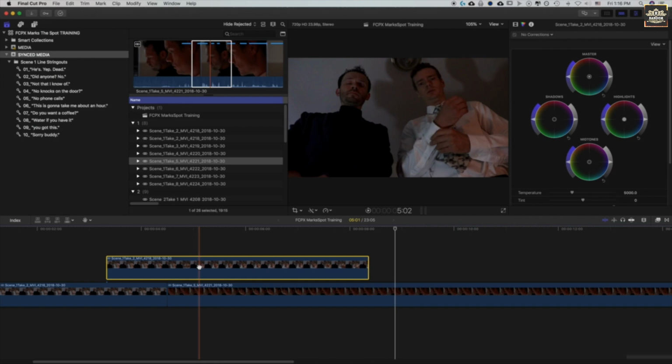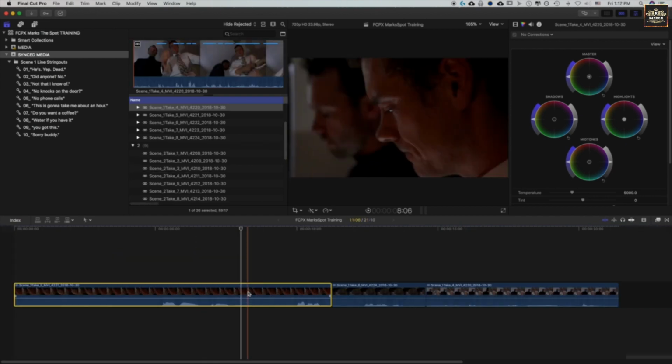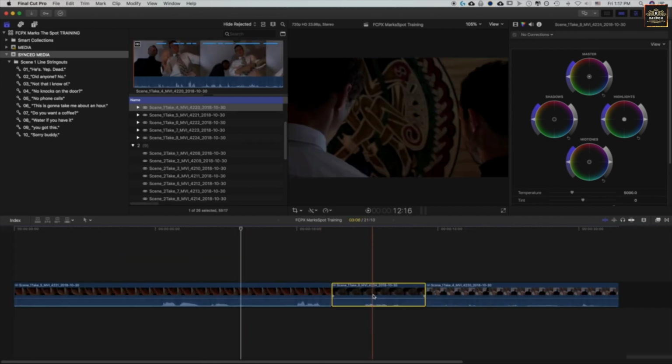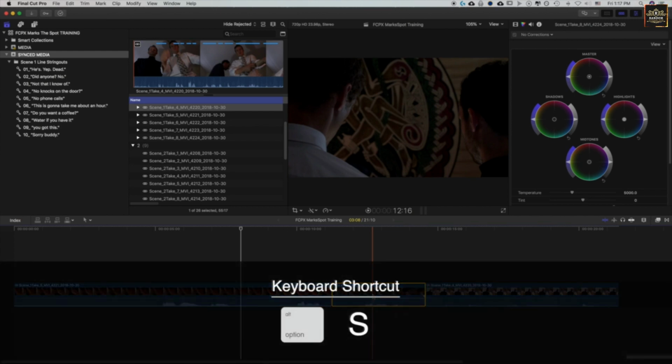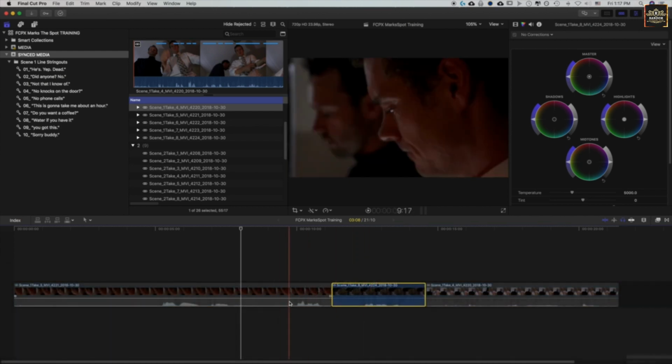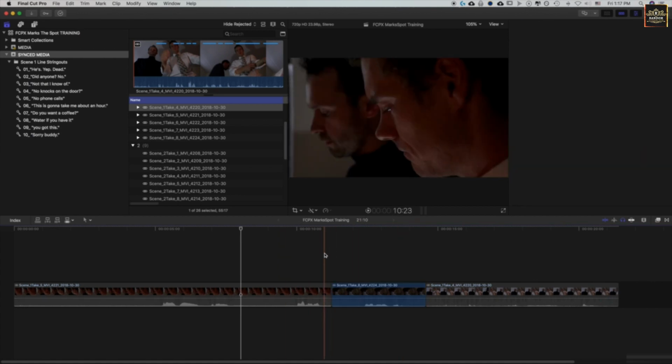Last but not least, if you wanted to solo a different clip in your timeline, you simply hit Option S for solo, and you'll see the clips around it become grayed out, and only the clip that you want